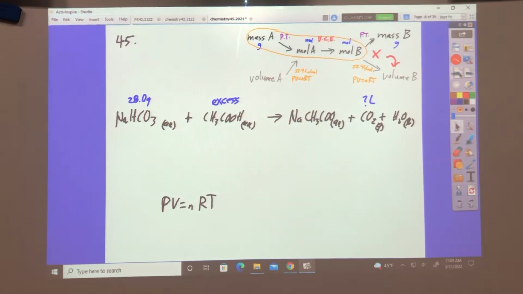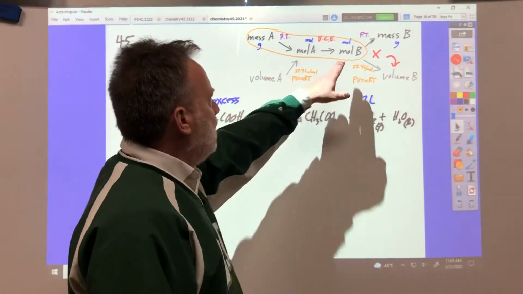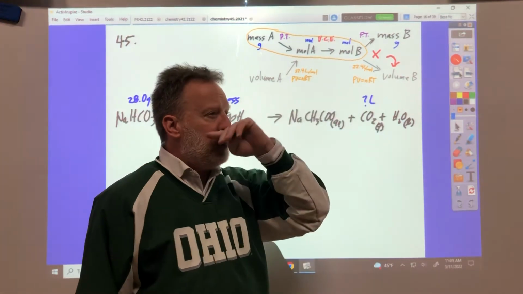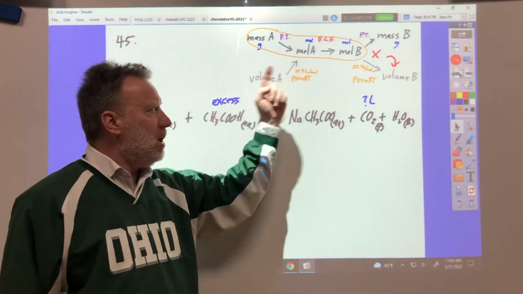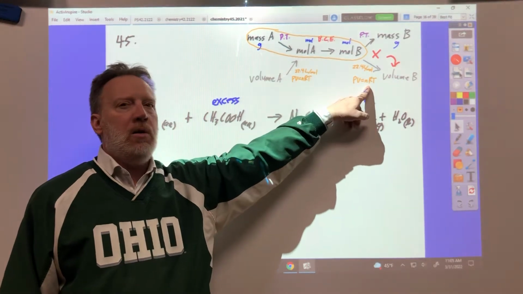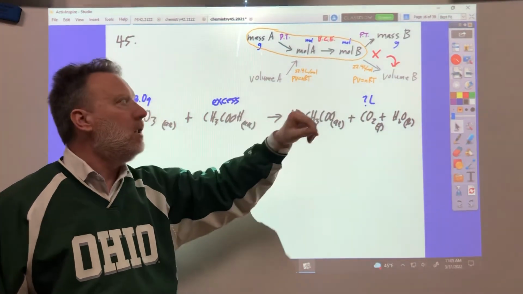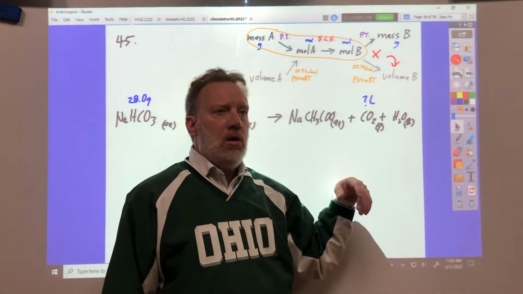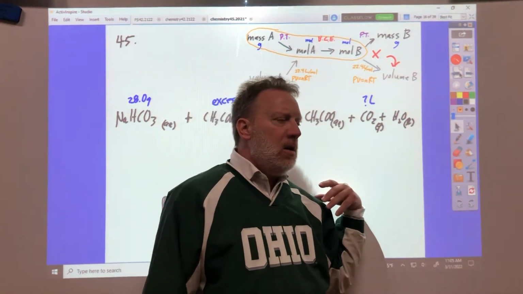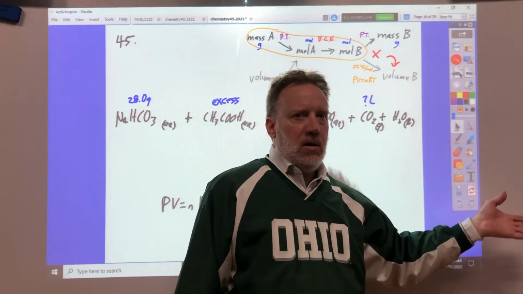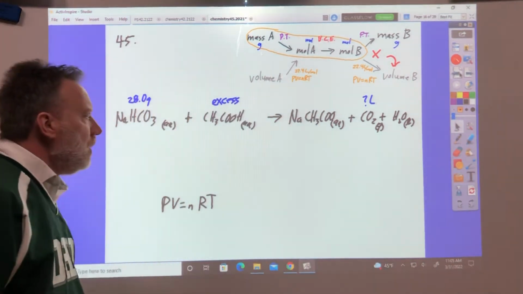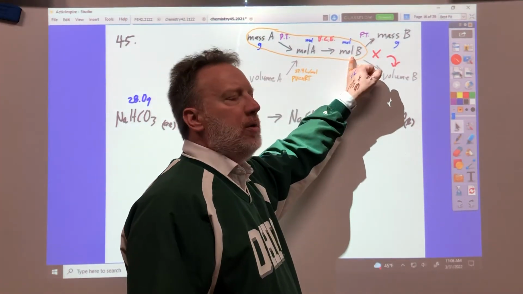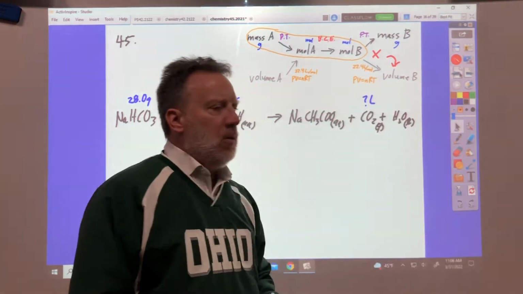Okay, on the next one, I stopped with moles of B and used PV equals nRT. Now I haven't read this problem. If I've read this problem, it could be that you end up at non-standard conditions. There's 2 ways to get there. You could go all the way down here using 22.4, and then you can use the combined gas law to convert it to not standard conditions. A quicker, easier way to do it is stop at moles and then use PV equals nRT to get to